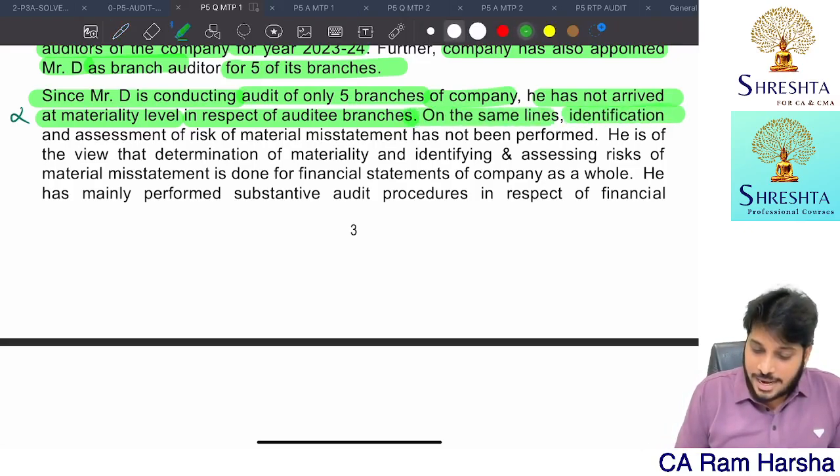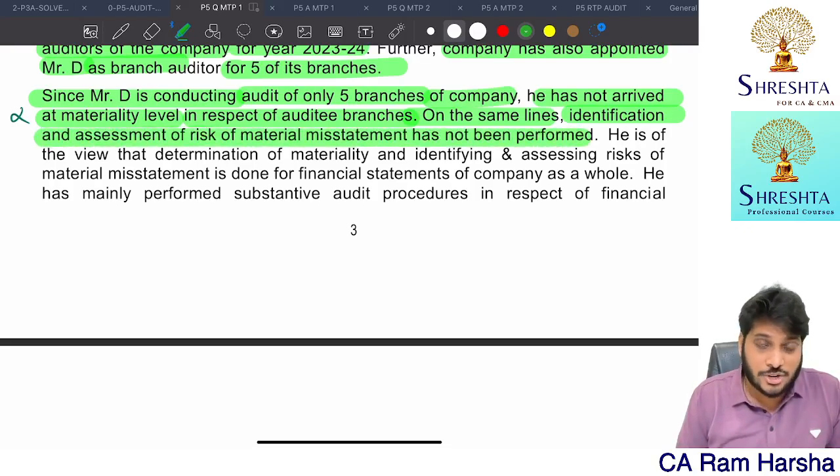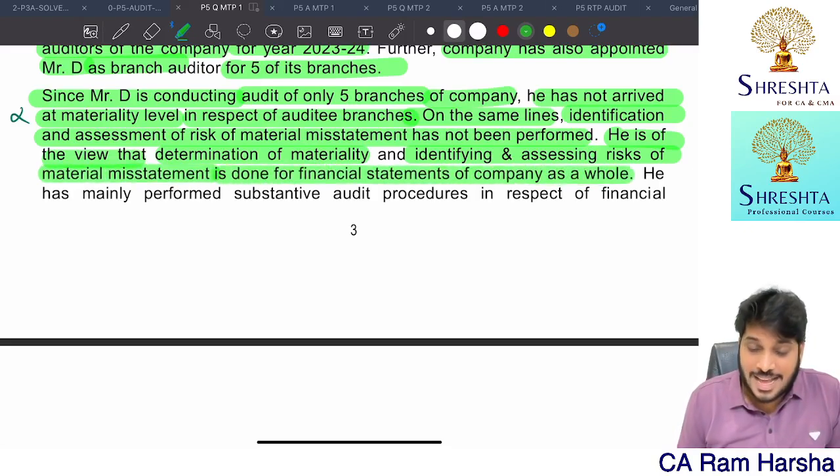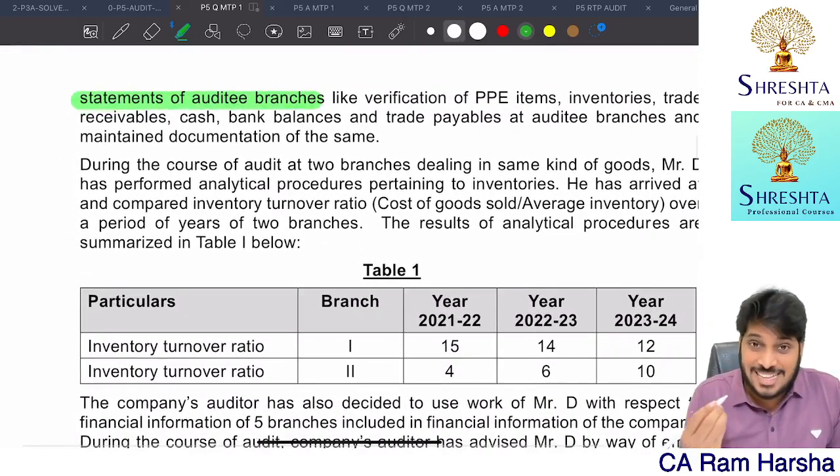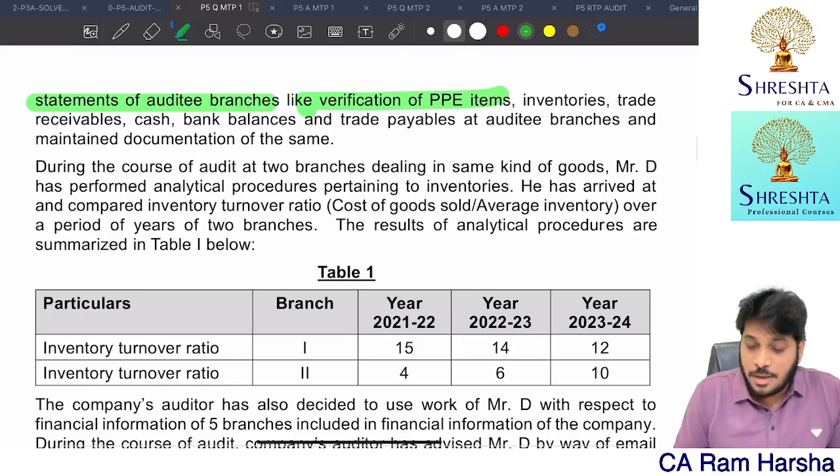On the same lines, identification and assessment of risk has not been performed. That's wrong. Branch auditor also shall do risk assessment. He is of the view that determination of materiality, identifying and assessing risk of MMS is done for the financials of the company as a whole. He has mainly performed substantive procedure in respect of financial statements of the branches like verification of plant and property, plant equipment, inventory, trade receivable, cash, bank and balances, trade payables at these branches, auditee branches, and maintained documentation of